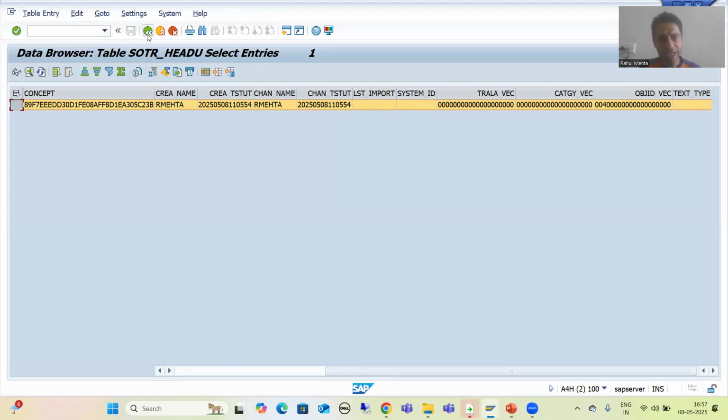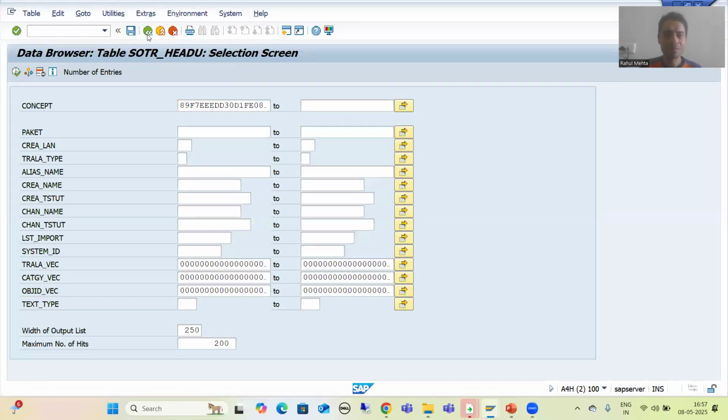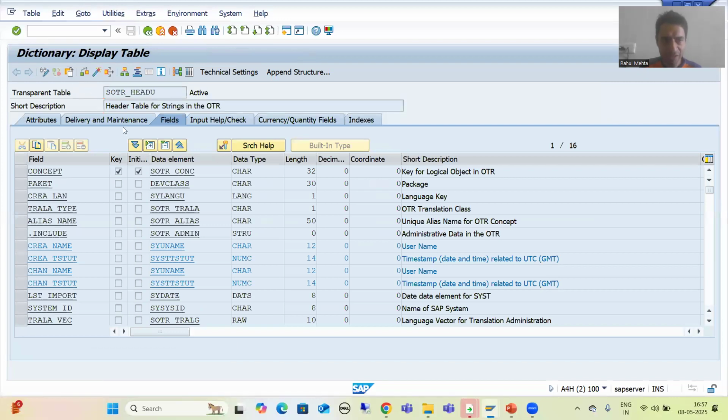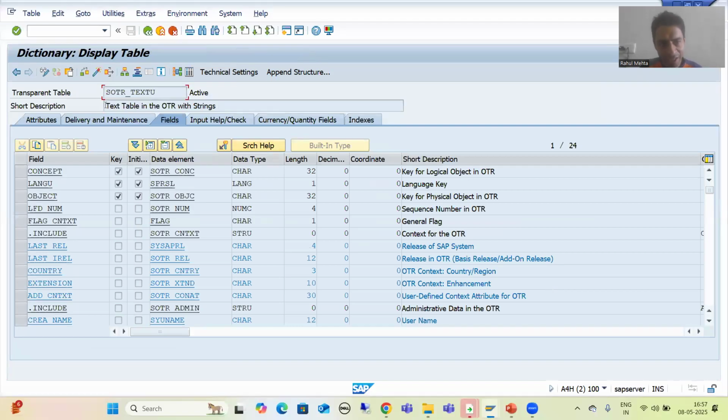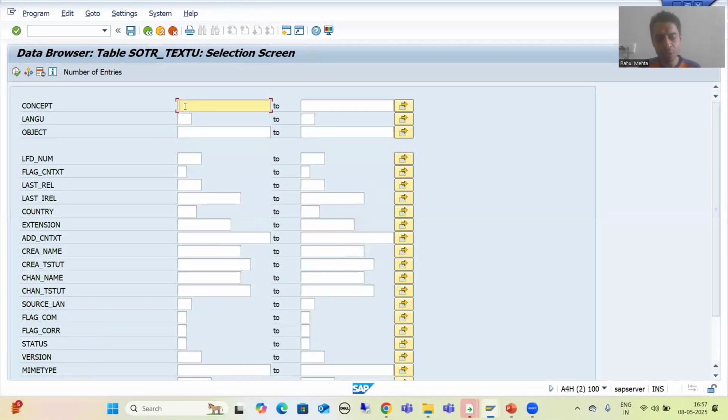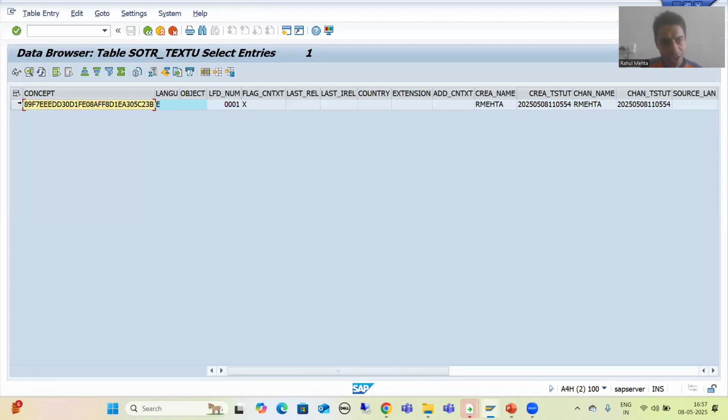Now I will check into the text table. If I check the text table, text U, it's very easy to remember. You just need to put U at the last. It is clearly writing the text in the table in the OTR with strings. If I go to contents and put the concept name and execute, you can see